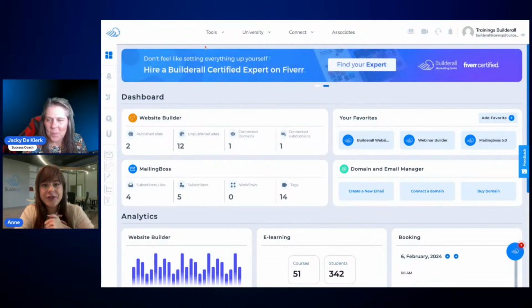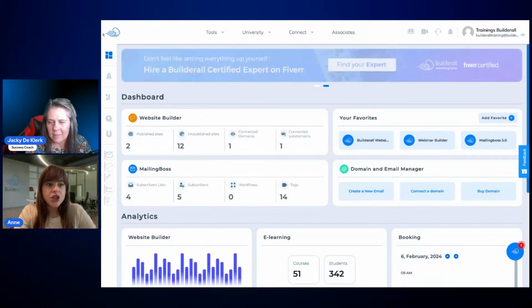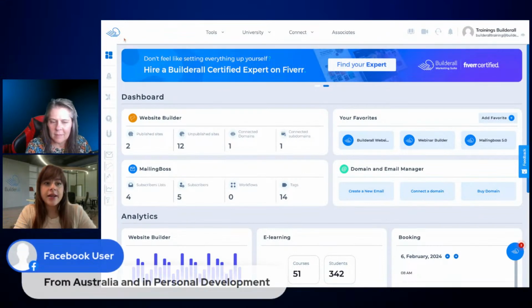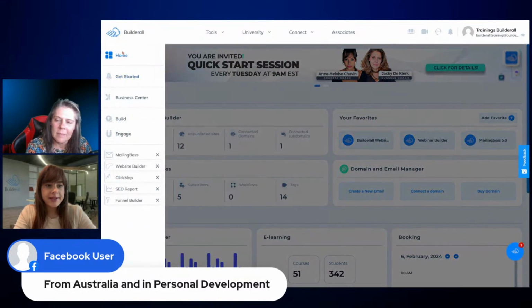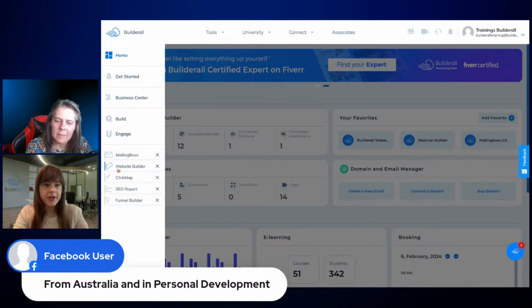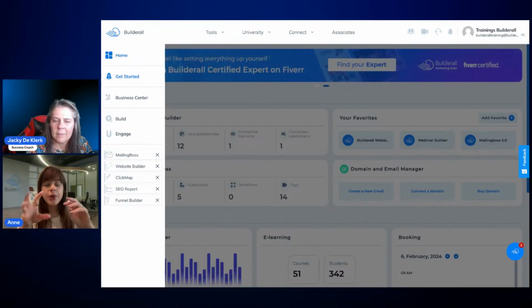So this is our beautiful Builderall dashboard. I'm just going to quickly show you around so you can know where each main thing is. So right here, this icon always brings you back to the menu. One cool thing about the dashboard is that you have this menu on the left hand side that opens when you hover over it. Right here, if you click on get started, you will see a short video showing you exactly where each